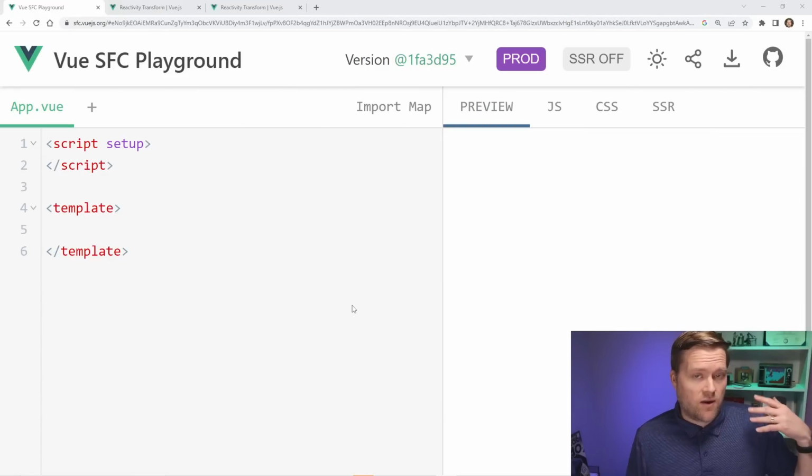Okay, so I have inside here my online editor. I'm using the Vue single file component playground, which is at sfc.vuejs.org. And I thought I'd just play around here, and let's first take a look at what ref does and what